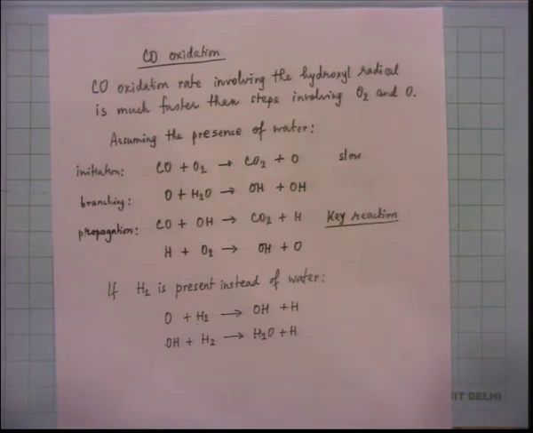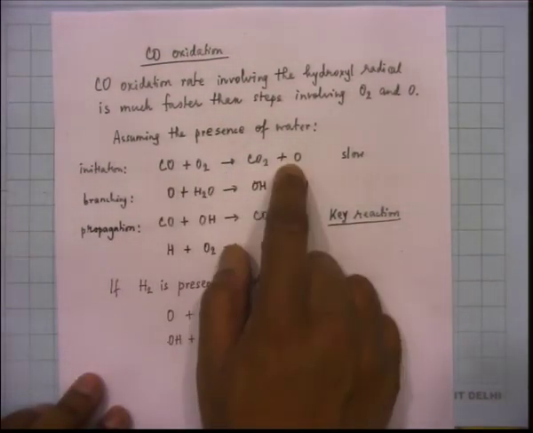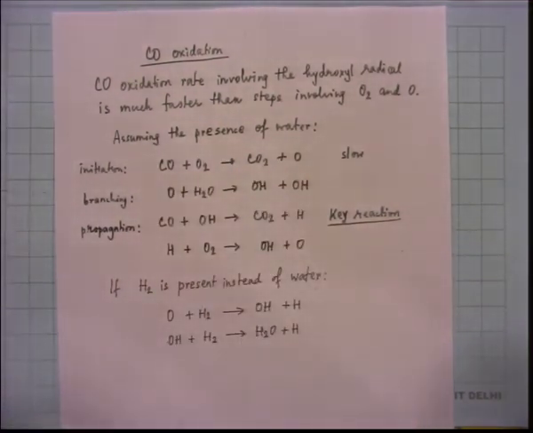Now, this can be tested also. If you have CO with air and the air is really dry, then the propagation of a flame, CO with air, this is like a premixed situation. You can ignite that, you can get a flame which propagates, but that flame propagation will be really weak, because it is depending on this reaction, CO plus O2 giving you CO2 plus O, which is slow.